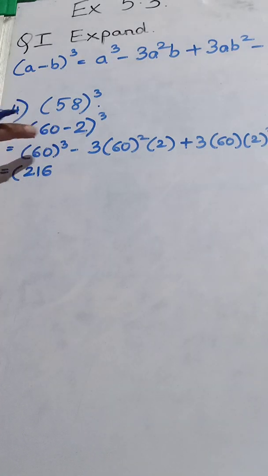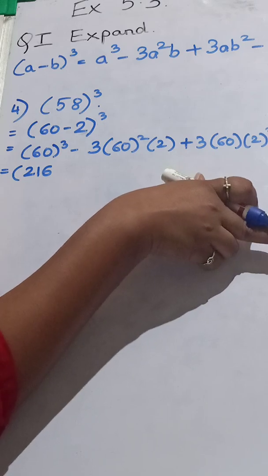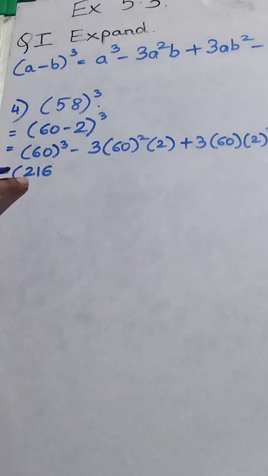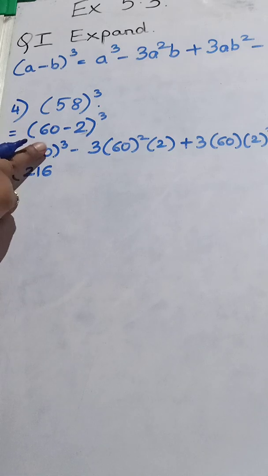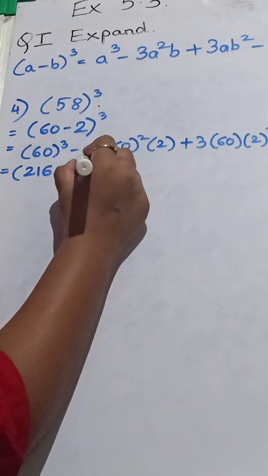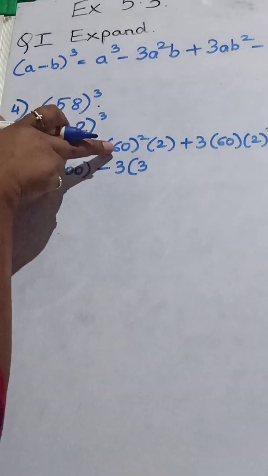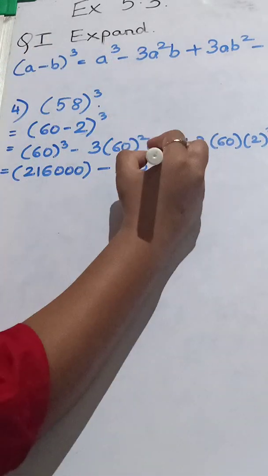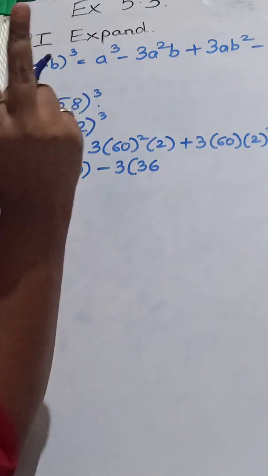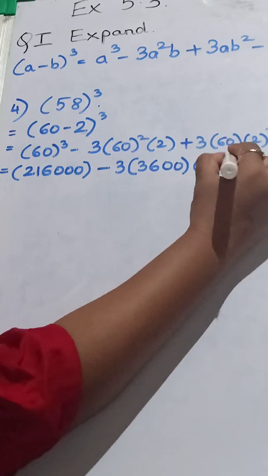So it is 60 cube. So we are taking 6 into 6 is 36. 36 into 6 gives us 216. So we have written here 216. Plus we need to write the zeros. Now 3 cube it is, so that means we need to take 3 zeros here. Okay. Then here we have 60 into 60. So 6 sixes gives us 36. And because it is square, that means 2 zeros we will add. This is what we are solving directly.